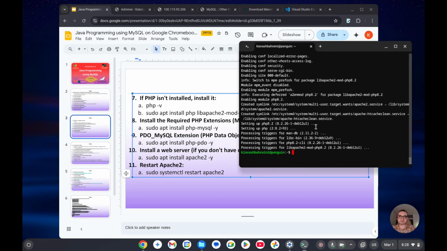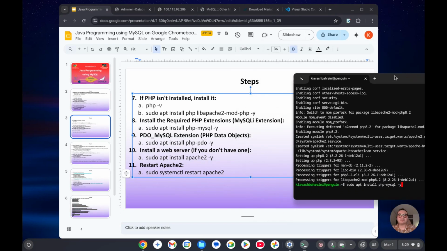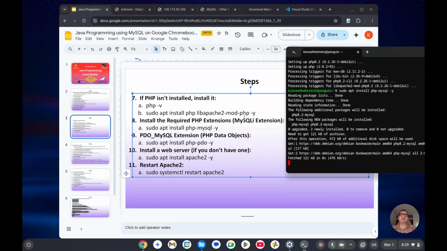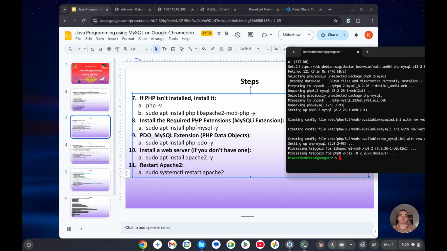For this, we can type sudo apt install php-mysql -y. So this is for installing the PHP extension for MySQLi. When I press enter here, this is going to install the MySQLi extension of the PHP